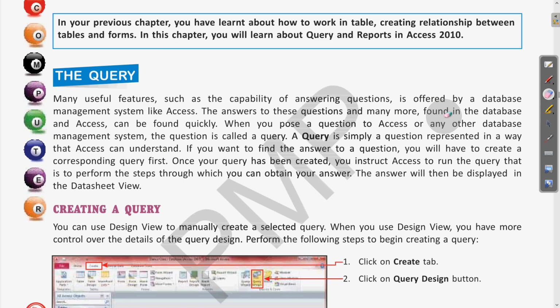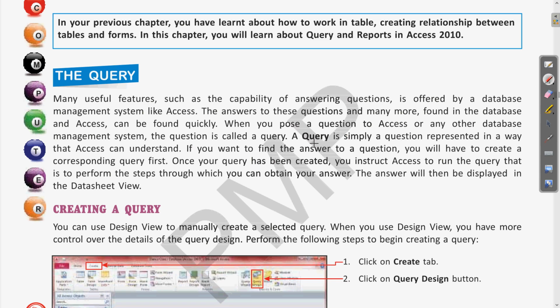If you want to search certain items from an existing database, for that we use the query. This query helps in fetching some data from an existing database. Clear? Then when you pose a question to Access, means when you ask a question from Access or any other database management system, the question is called a query. Clear? So what exactly is a query?